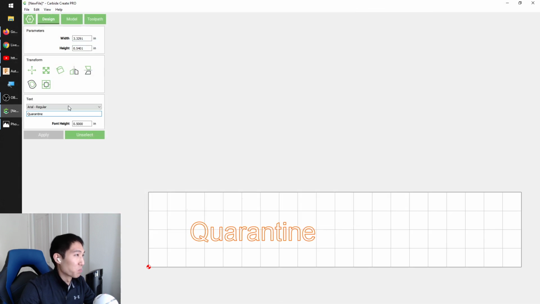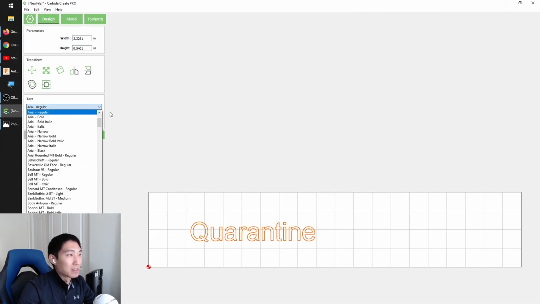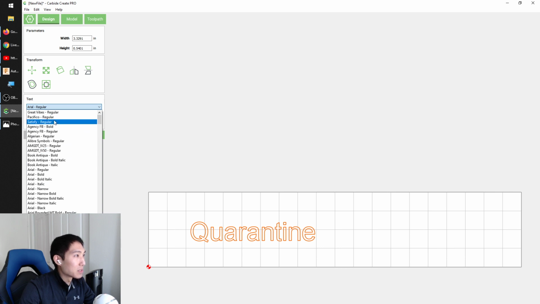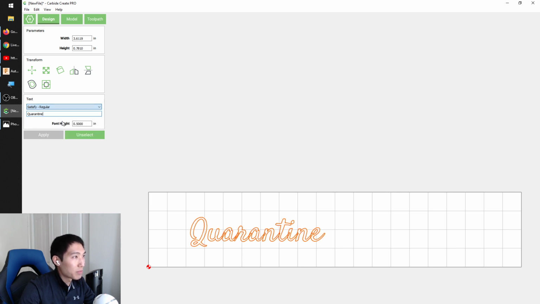Here, Arial really doesn't cut it, and I downloaded a font called Satisfy a little while back, and I like that a lot. Now the thing with these fonts is none of them are ever perfect. Like here, the Q doesn't link up with everything else. That's why for a lot of these signs, you see that people will stick them either on a wall and the letters will be separate,